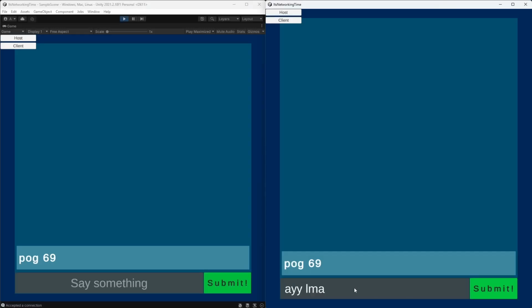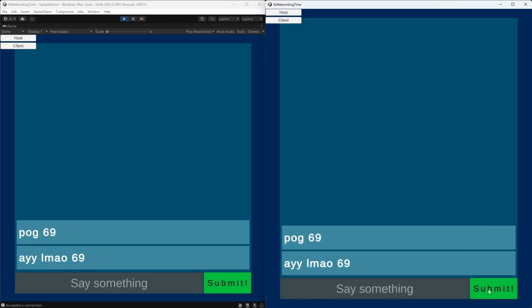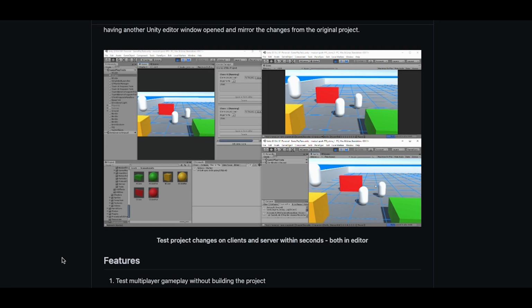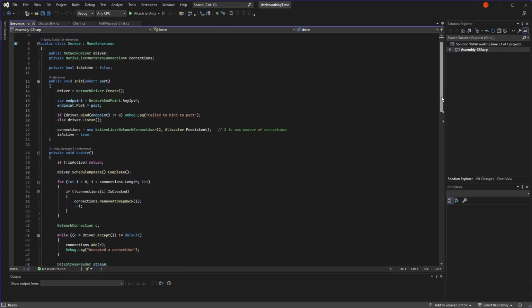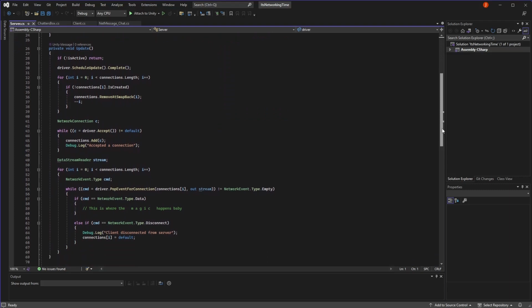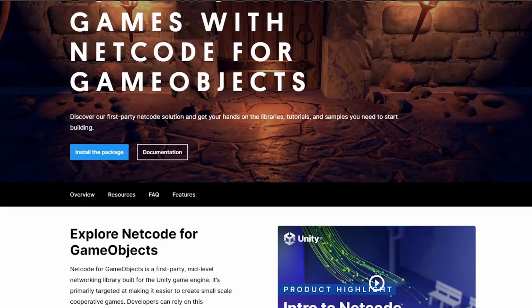Now I really wanted to end the video on that dramatic note, but thought I should clarify a few things before we finish. First, if you're going to start developing a multiplayer game, look up Parallel Sync. Developing a multiplayer game without it would be incredibly painful. Second, as I mentioned, I really don't recommend using this approach for your games since it's a lot of unnecessary work when you could just use a library that does this all for you.